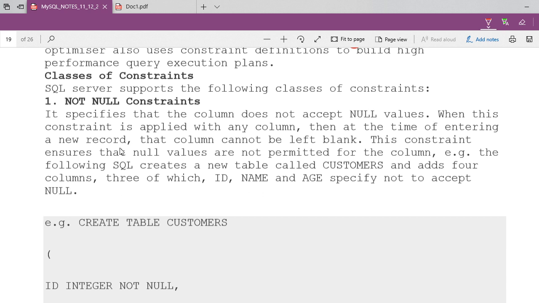So the very first one is what? Null and not null. Can you tell me, anybody, what is null? What do you mean by null? N-U-L-L, null. Say me answer like a programmer or a database administrator. Now think analytically and say.